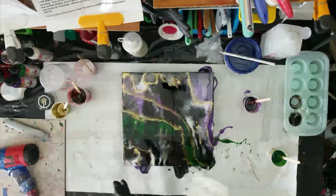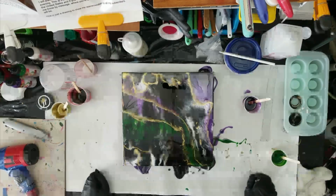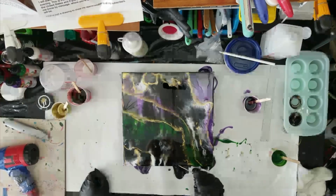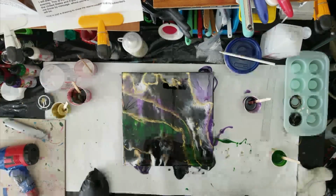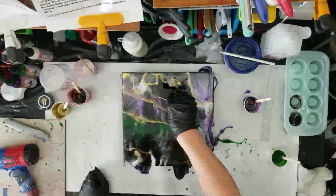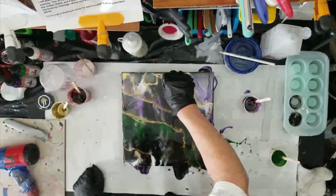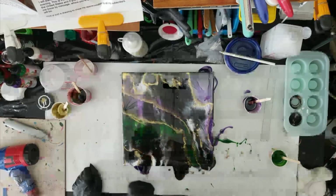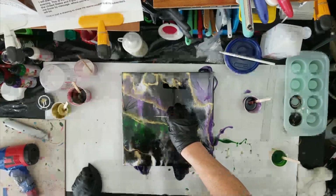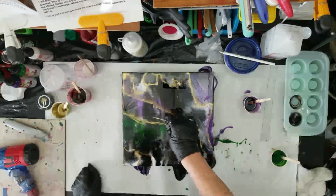And I managed to get gold all over my thumb. Okay, you know what? I'm going to call this one done. I'm probably going to do some coasters. I know I shook up the white good enough, but I don't know where these little pieces of white are coming from. I know it's a mixture of black and white, but